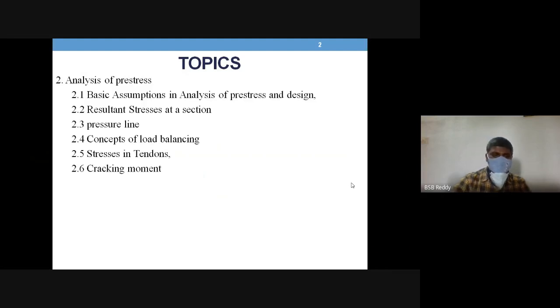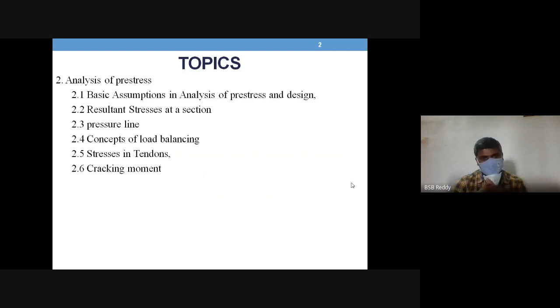So this is the second half of Unit 2. It is purely calculation-based content, so you need to solve some problems to calculate stresses and all using these